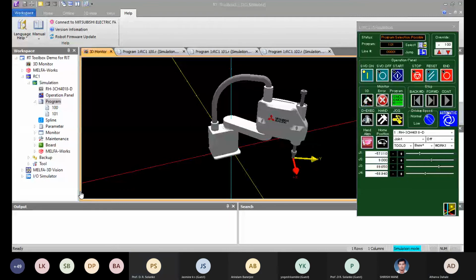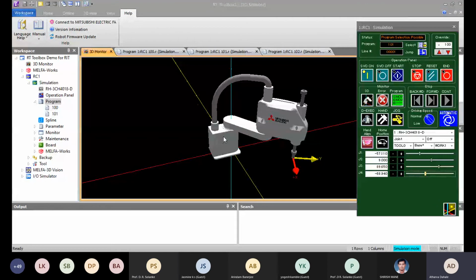Sir, sometimes I have seen some robots giving a specification of 9 degrees of freedom. So how are there 9 degrees of freedom? Basically, what I suggest for calculating degrees of freedom is to count how many motors are fitted inside the robot for the different movements you can see on the RT Toolbox.